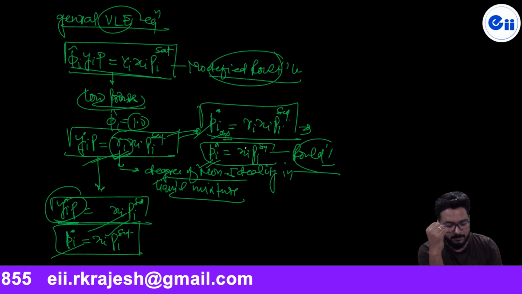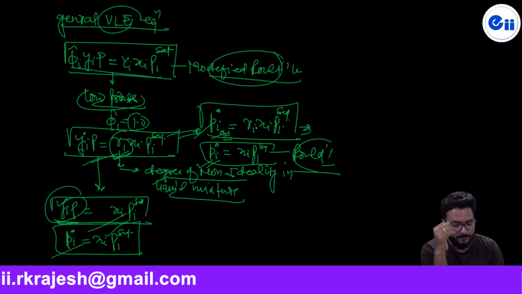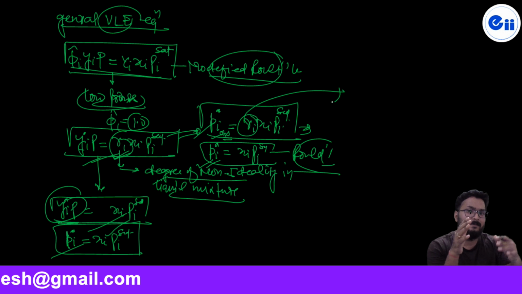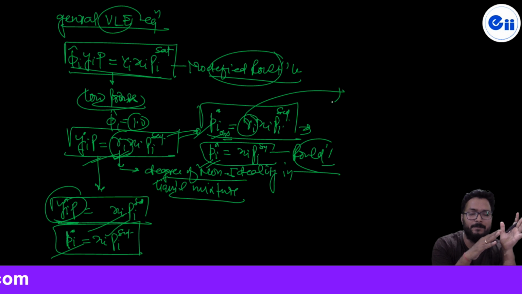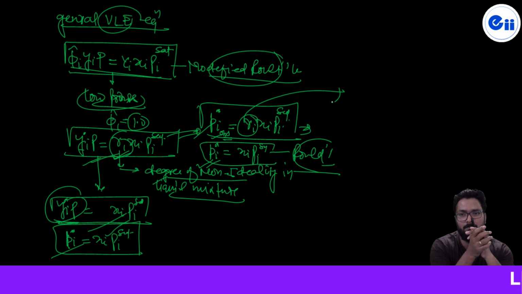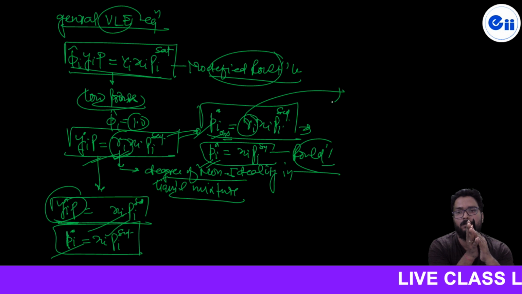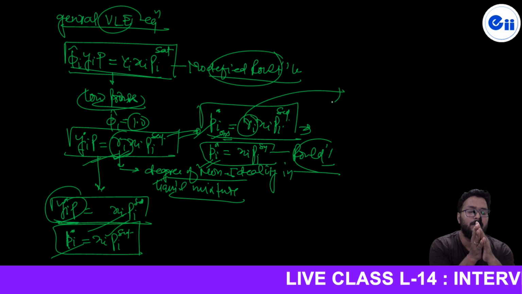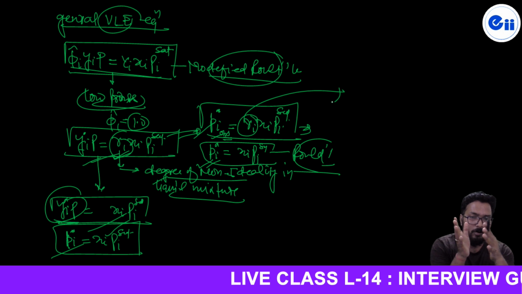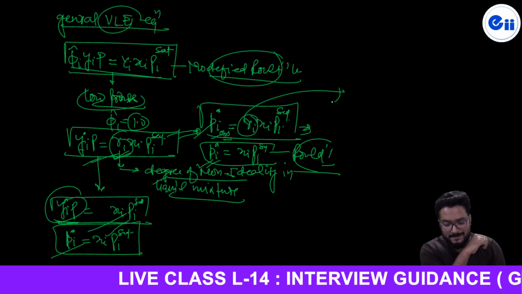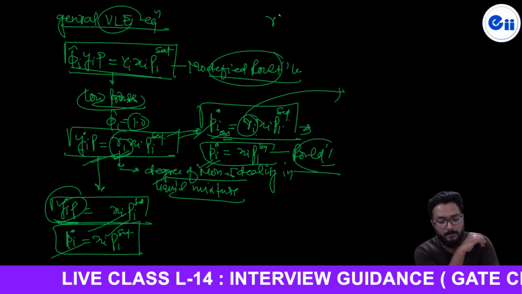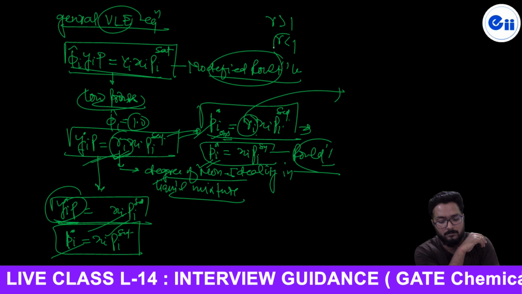So actually, this is the activity coefficient, as I told you, and already we have seen the Gibbs model. Different models we have discussed to find out the activity coefficient, like the Margules model, the Van Laar equation, the Margules two-suffix equation. A number of models are there to find the value of the activity coefficient, and this activity coefficient may be either more than one or less than one,